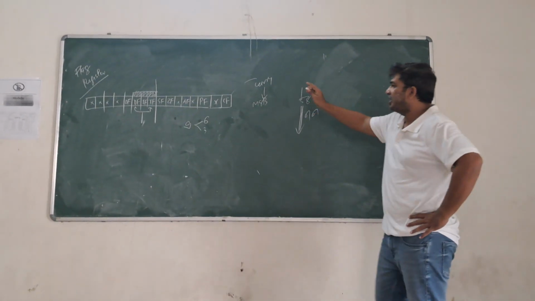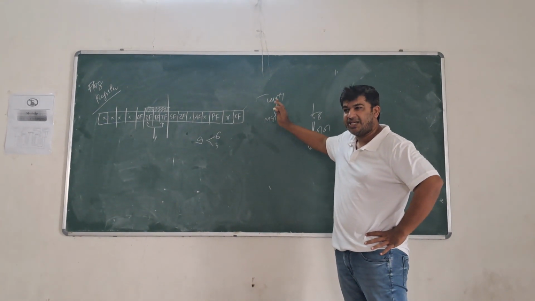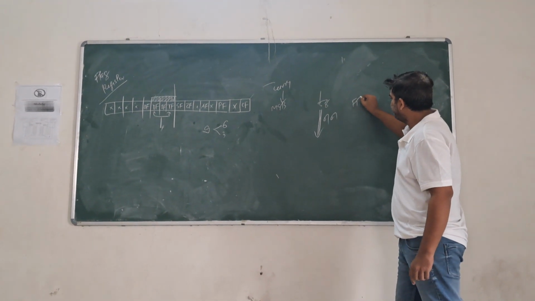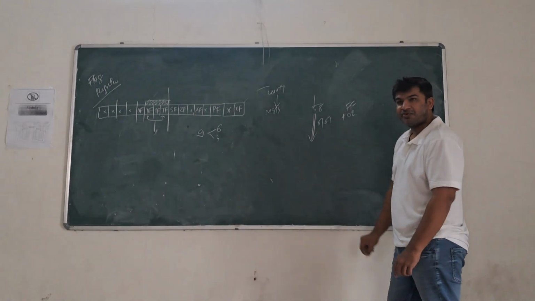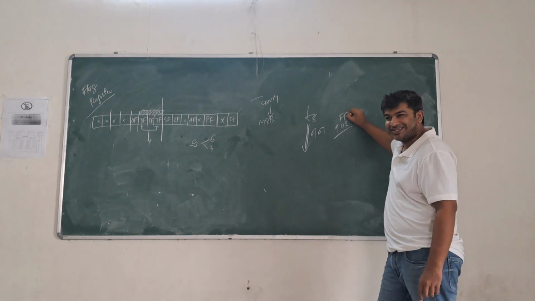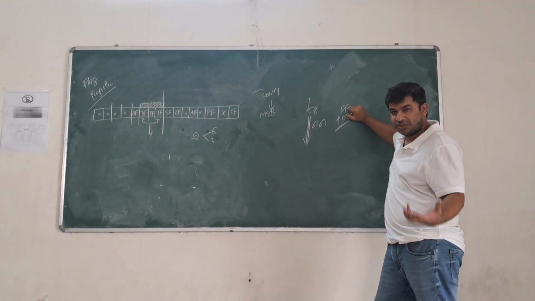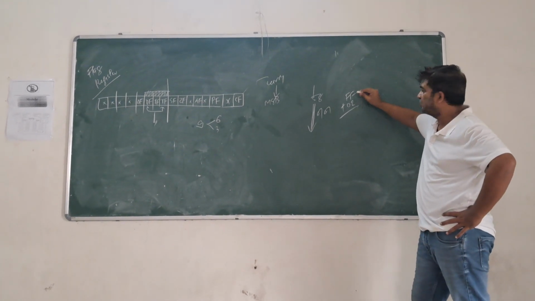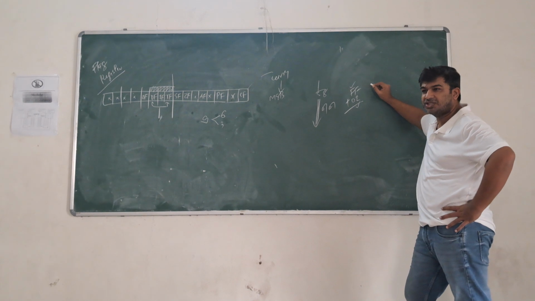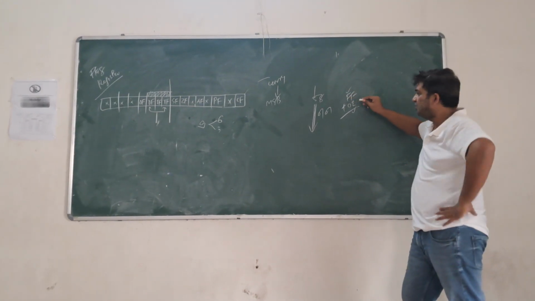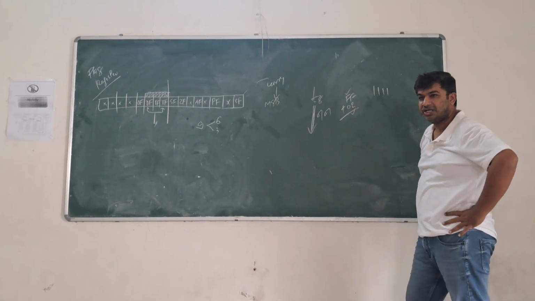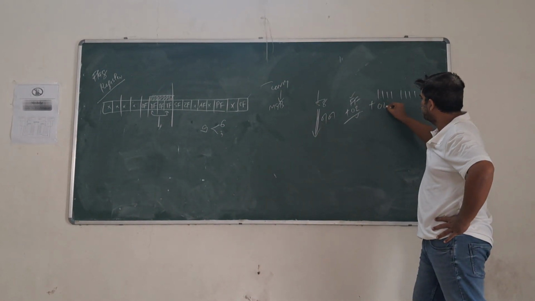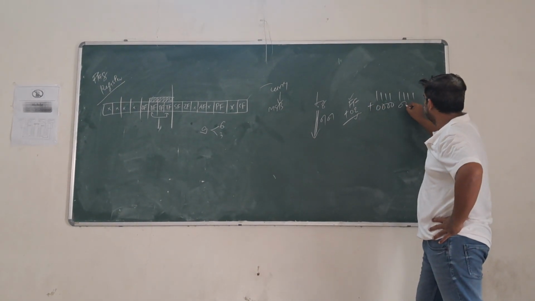So what does the carry flag do? The carry flag will check whether there is a carry or not from the MSB. Let's take one example. Suppose FF plus 02. FF is in the hexadecimal numbering system, and 02 is in the hexadecimal numbering system. I want to add these two numbers. How to add that? Write down the binary of both these numbers. This is an 8-bit number, this is an 8-bit number, since one hex digit is 4 binary bits. F is 1111, again F is 1111, plus 0 is 0000, 2 is 0010.